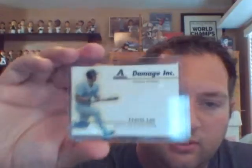I think he had signed, or he failed to sign with the Twins. I think it was. They had drafted him. I could be wrong on the team, but anyways, so Travis Lee, he was one of my favorite players from the early years, and I always liked this insert,